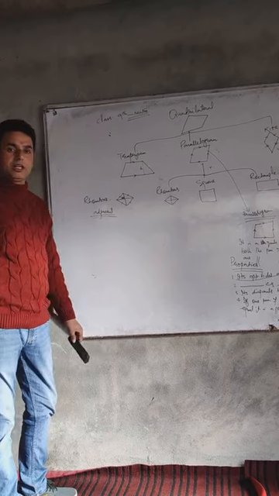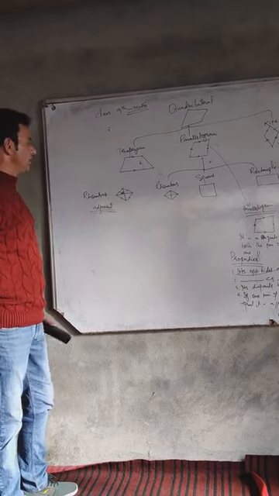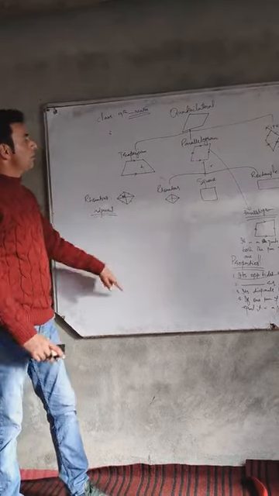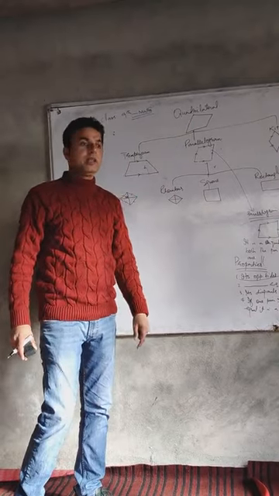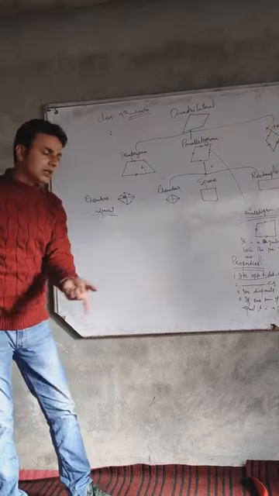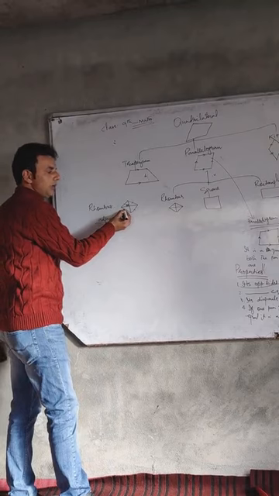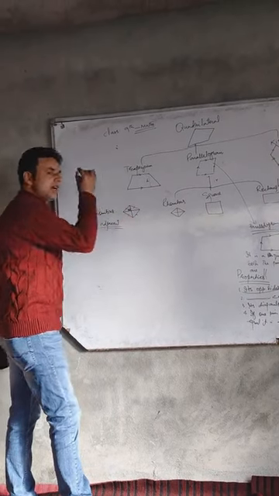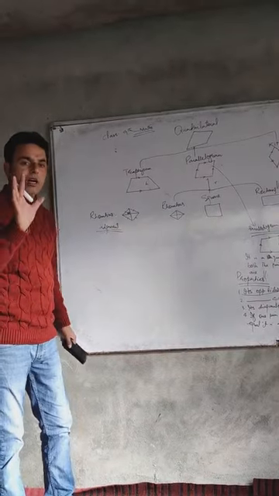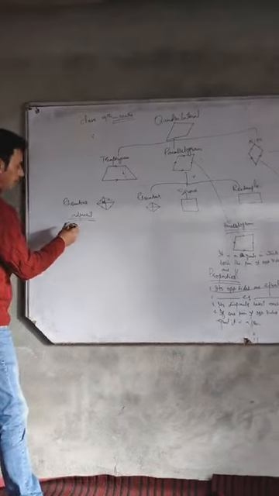This is the quality of a rhombus. This is the property of a rhombus. First, the definition of rhombus. A rhombus is a parallelogram. You are not now bound to say a rhombus is a quadrilateral. When a rhombus is a parallelogram and a parallelogram is a quadrilateral, it means that a rhombus is also a quadrilateral. A rhombus is a parallelogram whose adjacent sides are equal and diagonals bisect each other at right angles. Number one. The second type of the parallelogram is square.